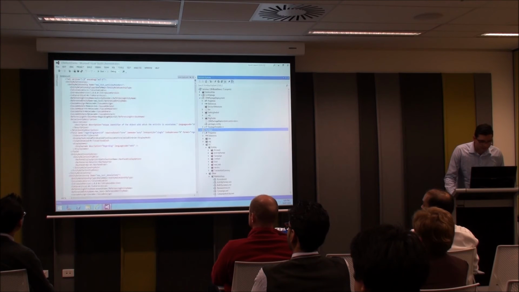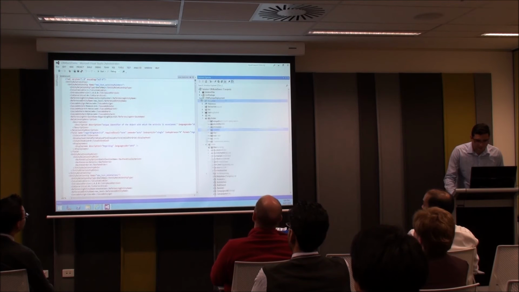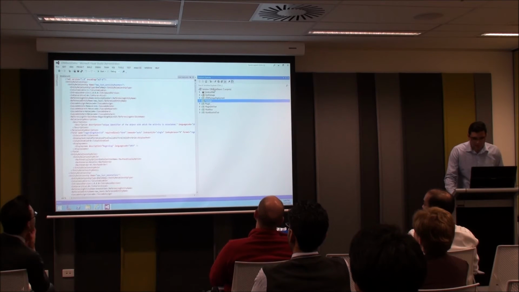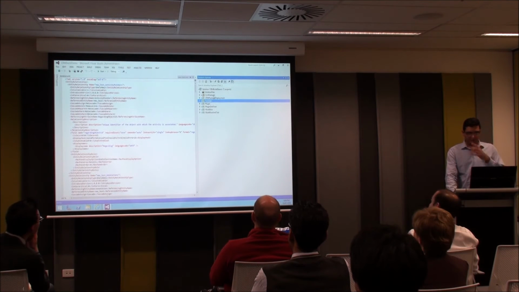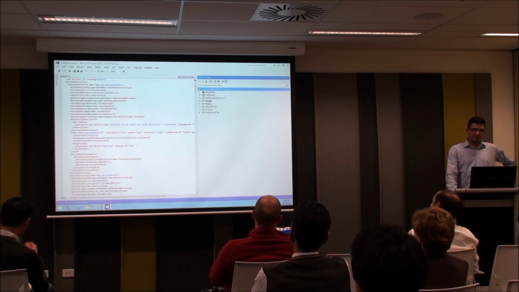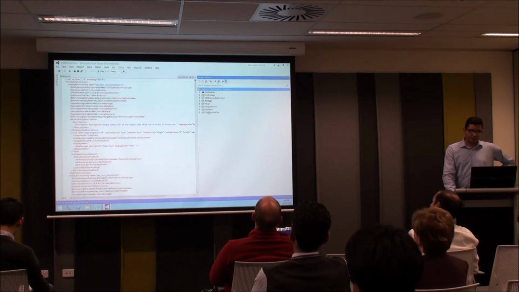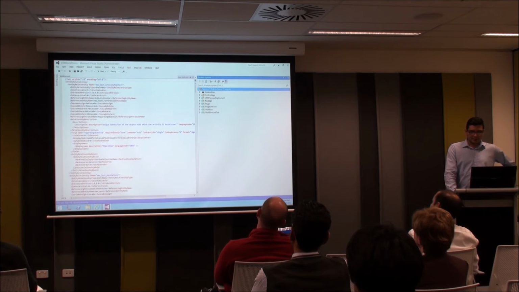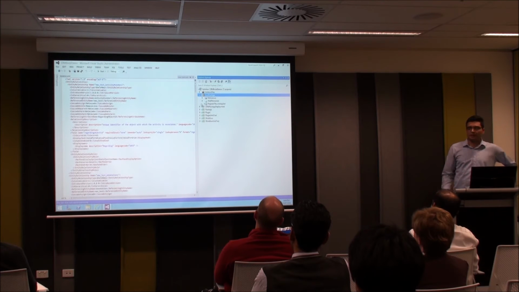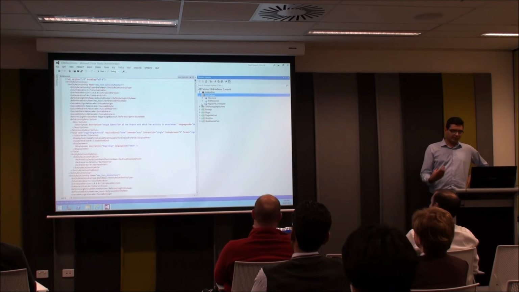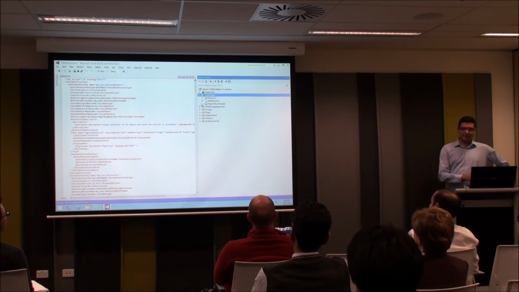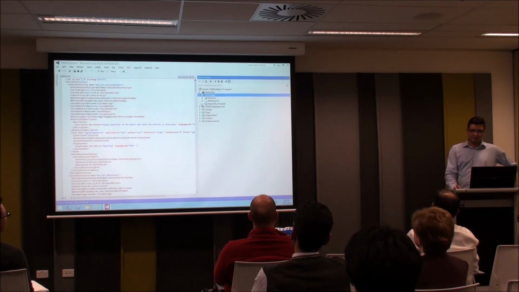Before I move on, I will show you what the project structure looks like. In CRM we have this standard solution package, this standard project definition. What you can see there are the different projects: the CRM package project, which comes as part of the developer toolkit and allows you to deploy the packages you develop in Visual Studio.